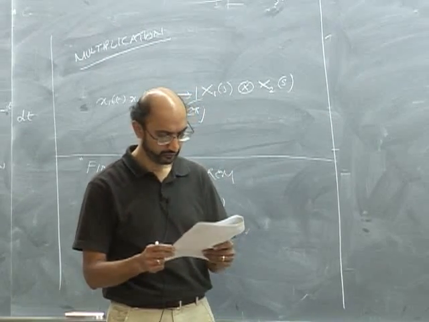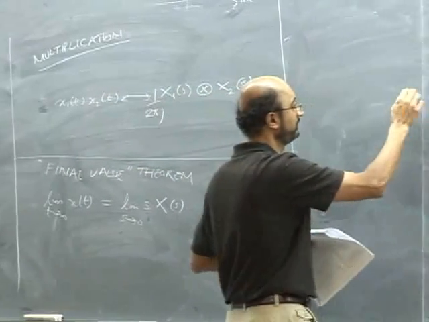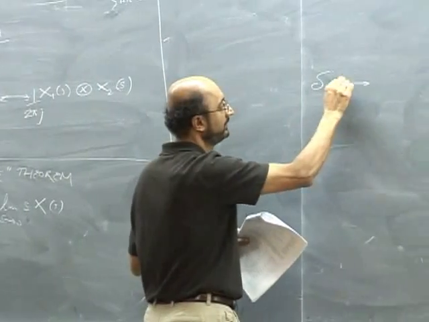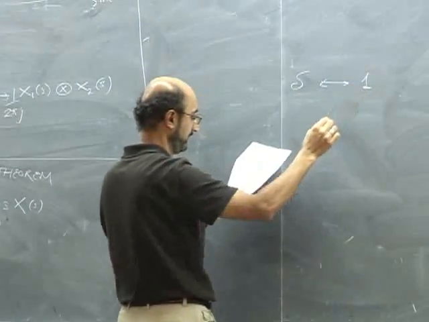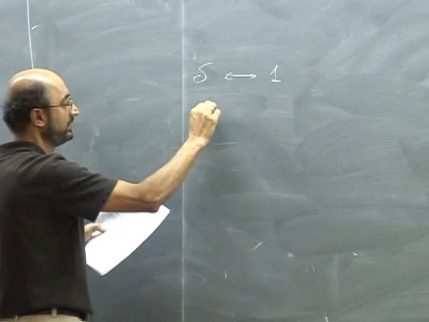I wanted to show a few things in this table of transforms, just because this will be useful. So one is a delta, it goes to 1, and then there's a nice progression. The unit goes to 1 over